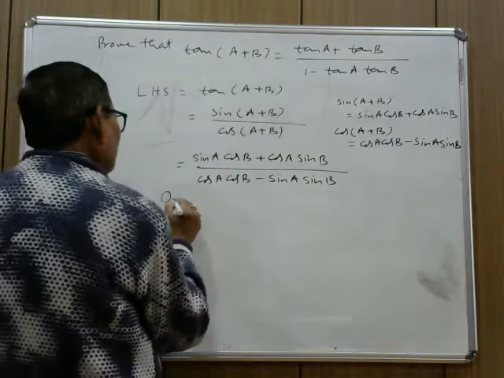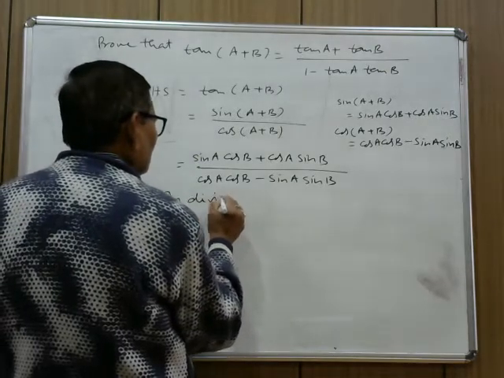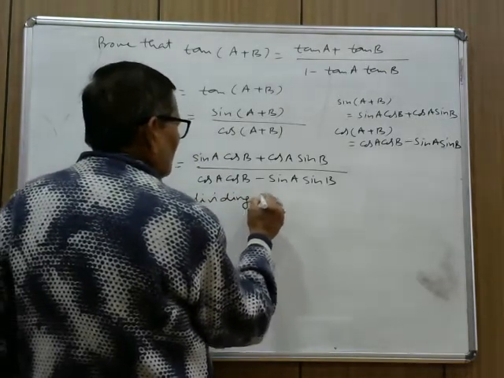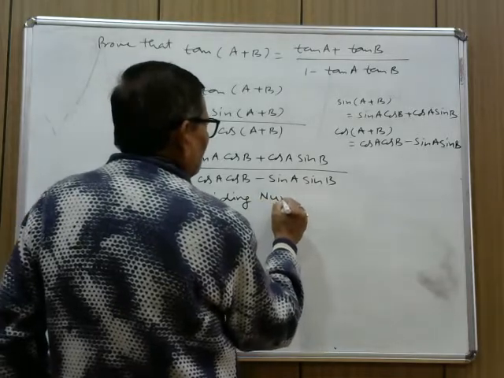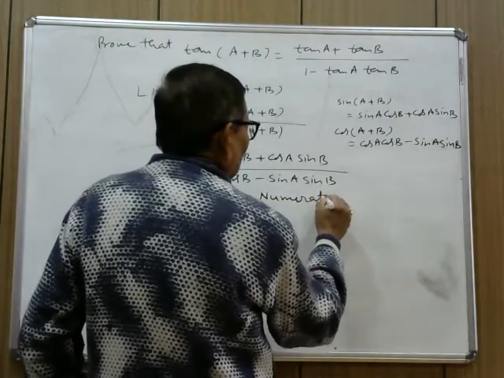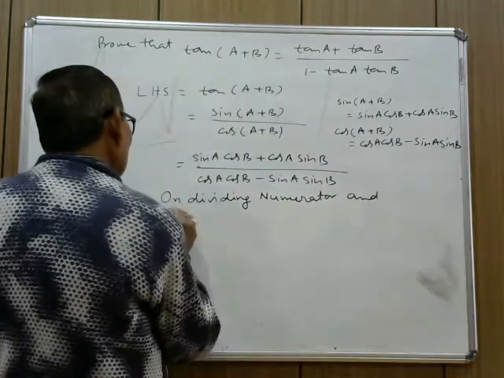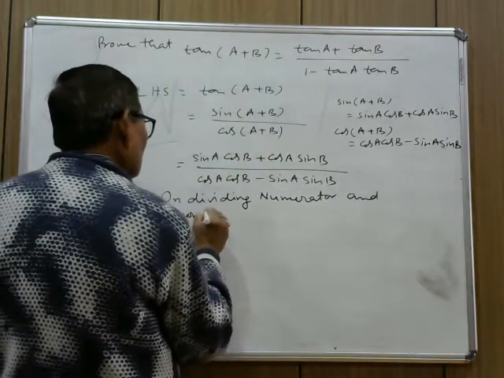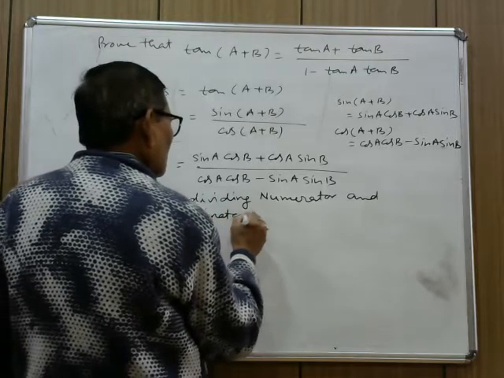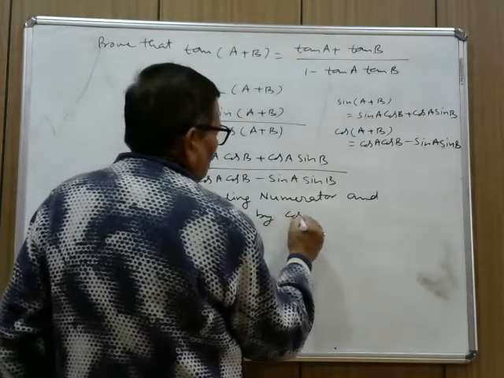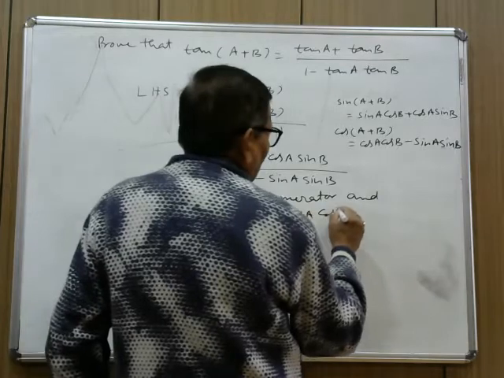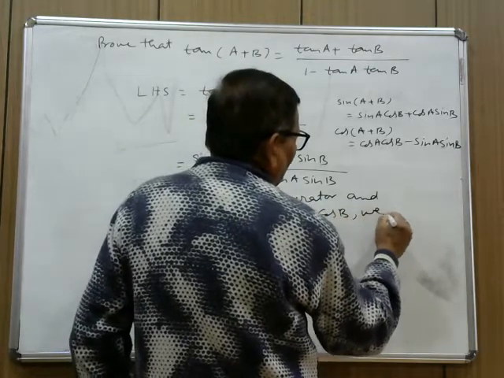On dividing the numerator and denominator by cos A cos B, we get